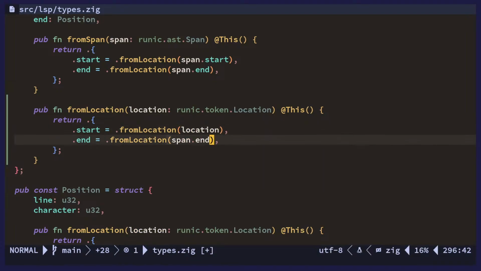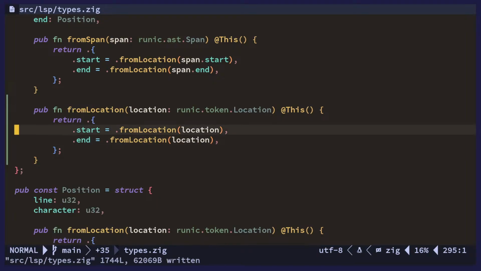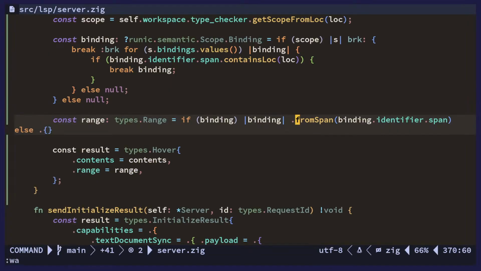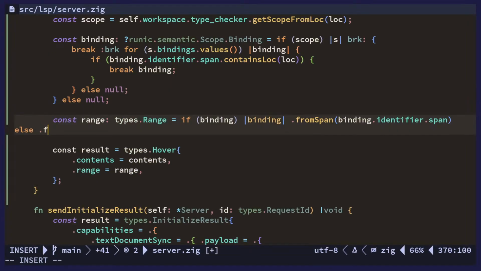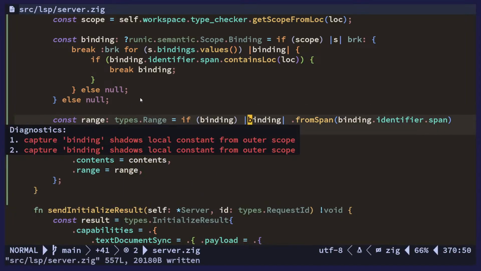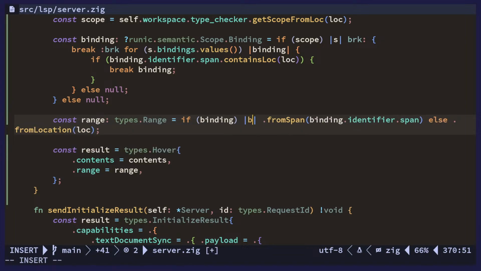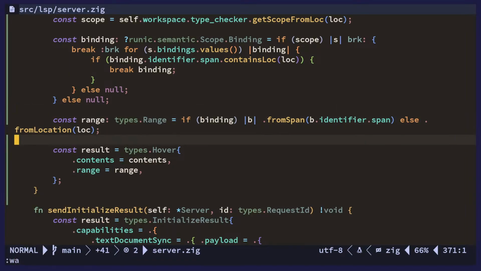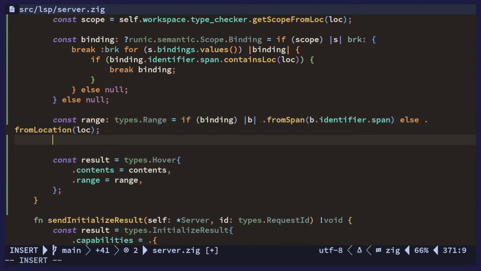Yeah, it's just gonna be this actually. So we'll just take the original location and have that as the range. Binding shadows. Oh yeah. Sure. Otherwise,